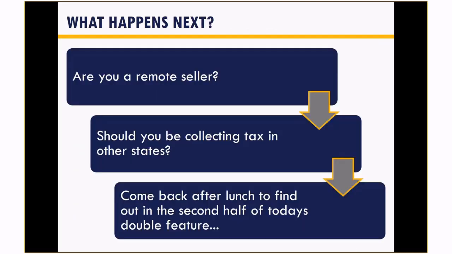So what happens next? Well, I would strongly suggest you go home or back to the office, take a look at your exemption certificates, what you think about your invoice retention process or accepting invoice process, if there's some changes to be made there. Contemplate if you are a remote seller. As we looked at the folks at Snow's, they are a remote seller, and when we looked at them from the outside, you wouldn't think they are. Maybe you are shipping products all over the country, and you need to be considering these new economic nexus thresholds.